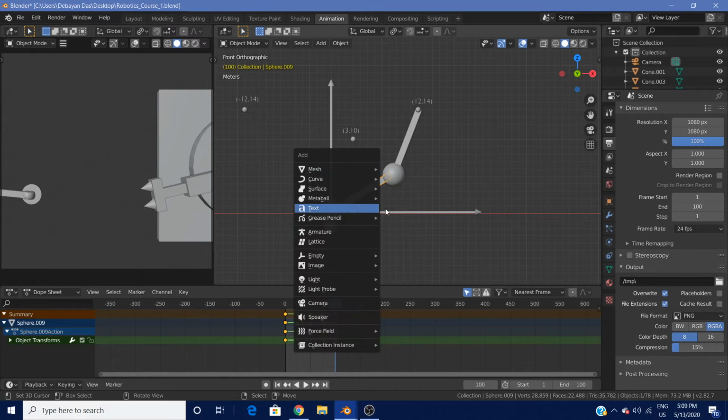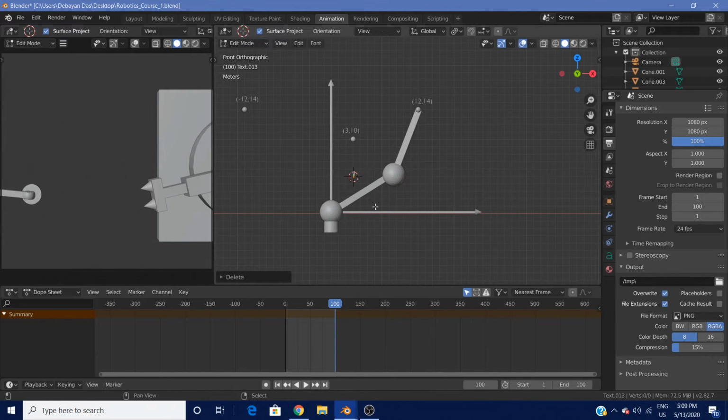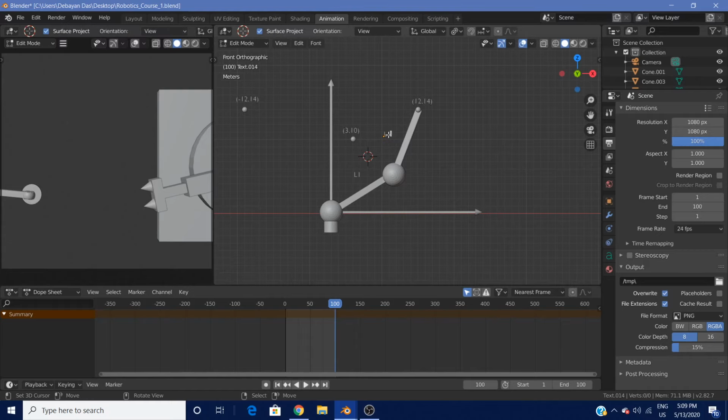So if this is L1 and this right here we call L2, we know that this length from here to here would be L1 cos theta 1, and the length from here to here would be L2 cos theta 2, and that would give us the x value. So our x value is actually L1 cos theta 1 plus L2 cos theta 2, and our y